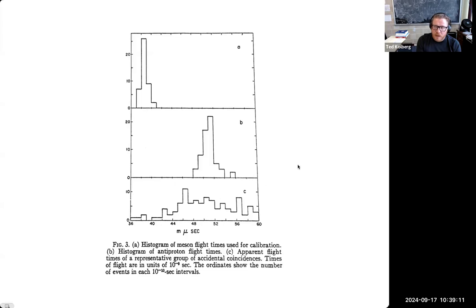Then, of course, you'll want to understand something about the background. So this experiment is done, and they see this peak, which looks like B here, and that establishes that there's a particle with the mass of the proton, and through its bending in the magnetic field, they can also confirm that it has a negative charge. But people would still like to see a more direct proof that the particle is actually the antimatter equivalent of the proton and not some other negatively charged baryon,